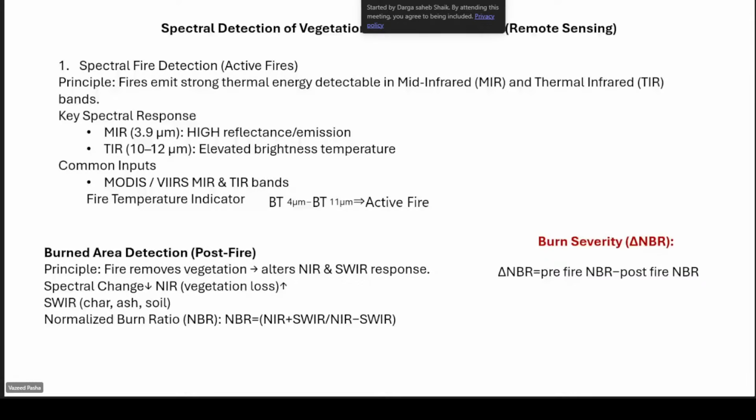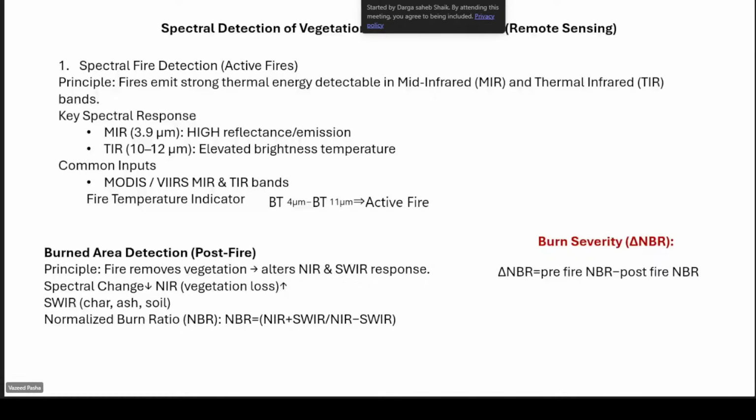In MODIS, the fire temperature indicator is 4 micrometer to 11 micrometer, which comes as an active fire. So when the satellite passes, is there any active fire? It will detect it. After passing, it will not detect because it has already passed.